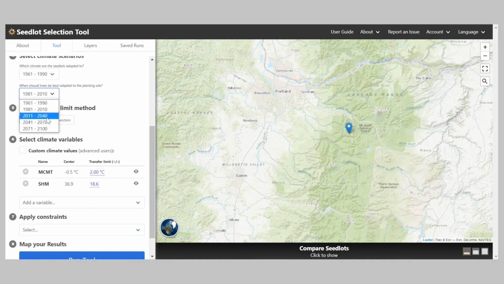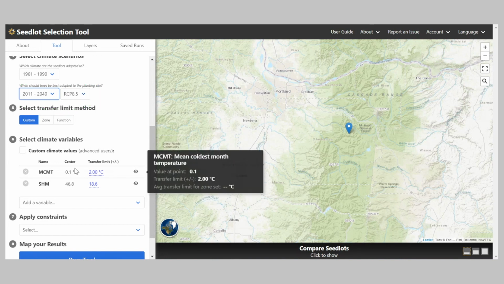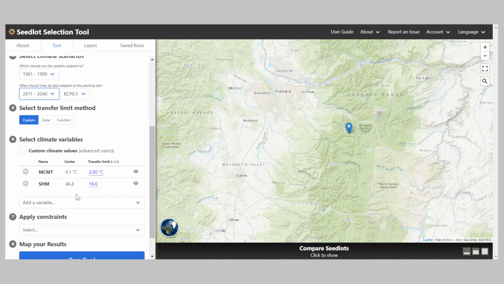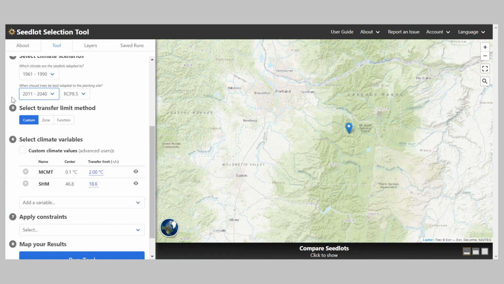Now, for this example, we're starting off using the 2011 to 2040 time period with this RCP 8.5, and now you can see that the value for mean coldest month temperature has increased even more to 0.1 degrees. So again, this time period takes into account climate change that has already happened.